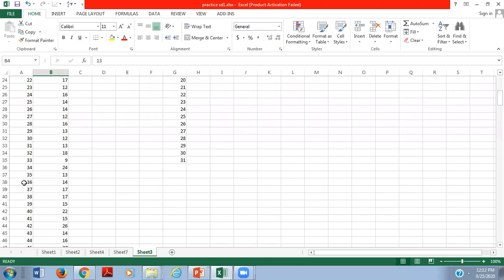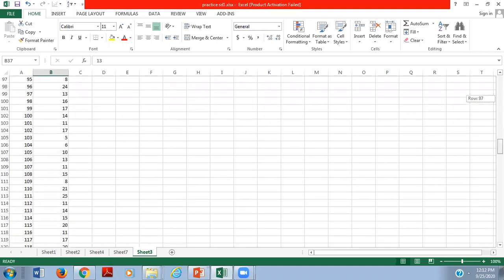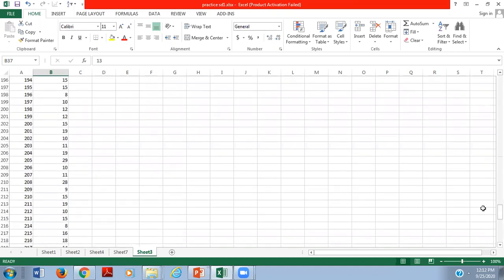And then the 35th person's computer is repaired in 13 days. Like this, I have taken the data, and for example, the last one, the 237th person's computer, was repaired in 9 days, right? And the 250th computer was also repaired in 9 days.